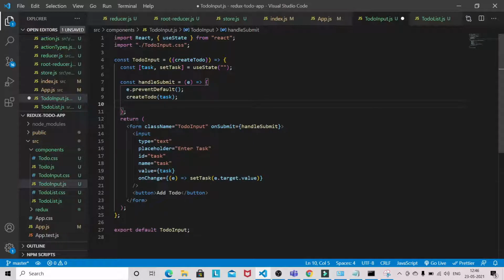And we will also make the input field empty. So I think we are done. Let's see.